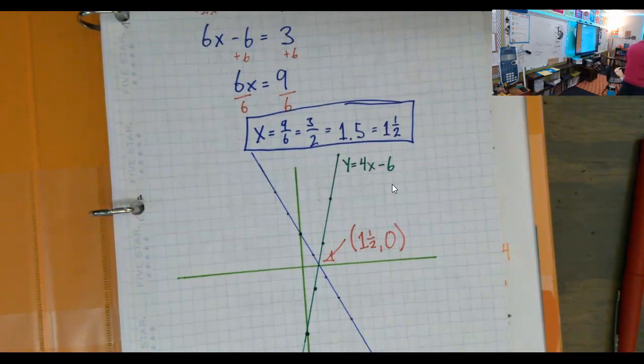So, the equations we wrote down up here, 4x minus 6, negative 2x plus 3. Each of these are a y equals equation. So, when we